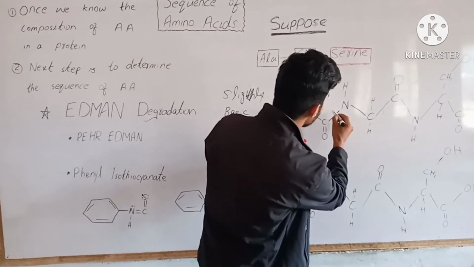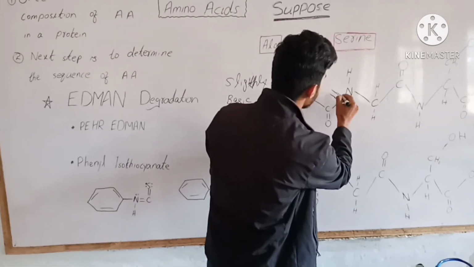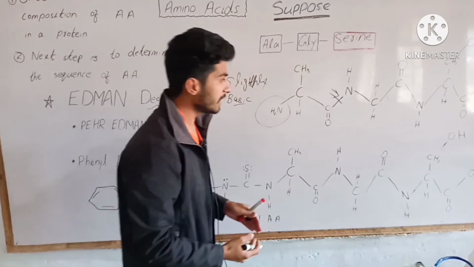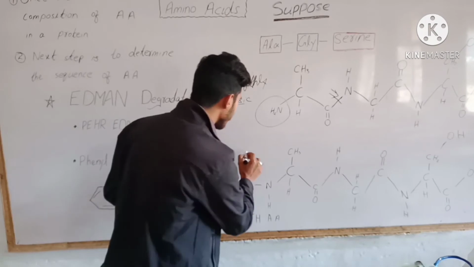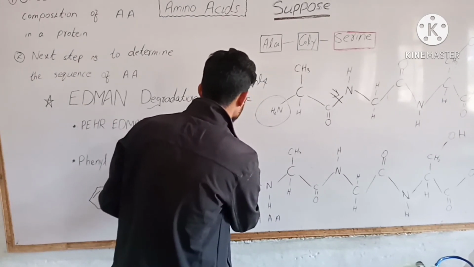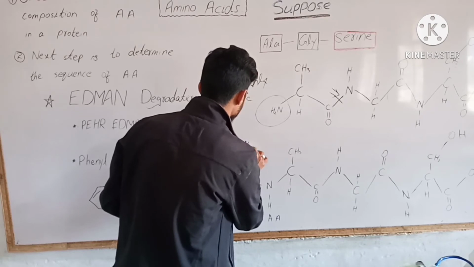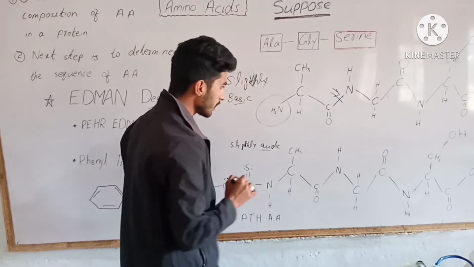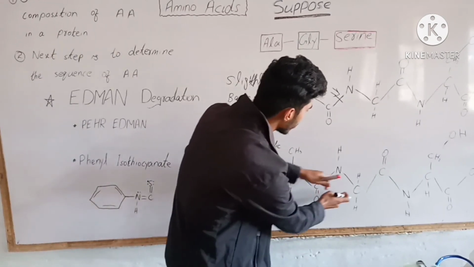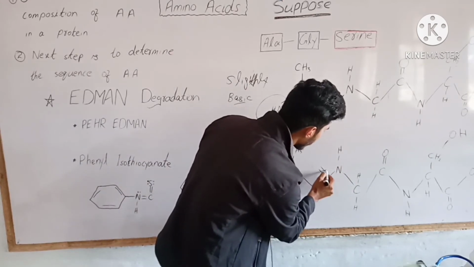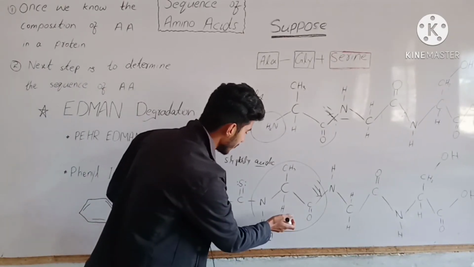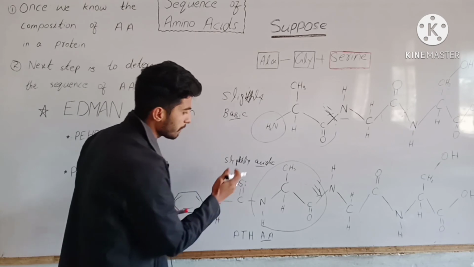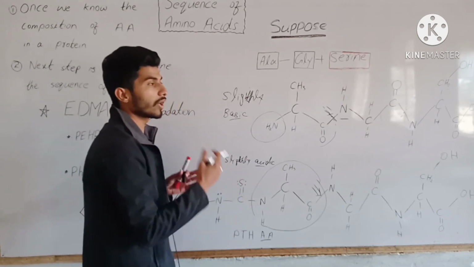Now we will break the peptide bond between the alanine and glycine. This is done in slightly acidic solution. The peptide bond between the alanine and glycine will break from here. Now this labeled amino acid containing the phenyl isothiocyanate reagent will be separated by a technique known as chromatography